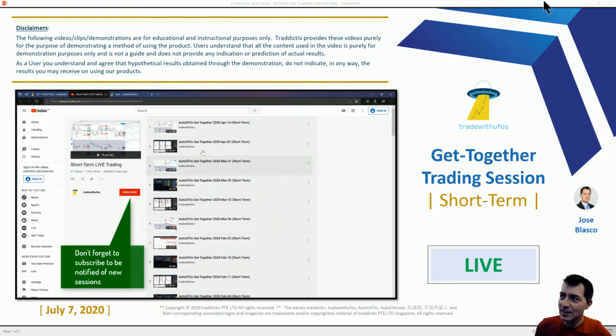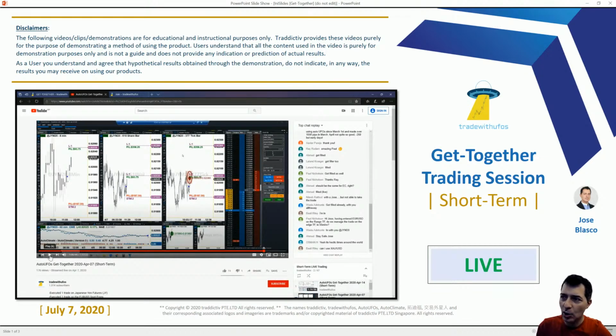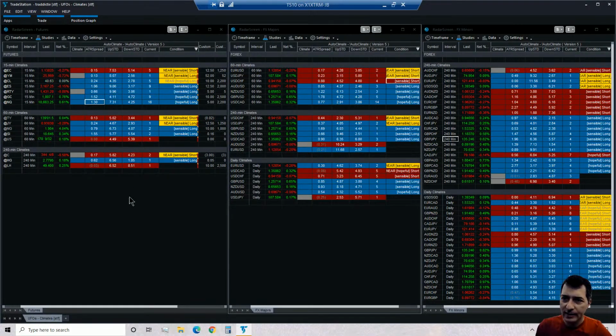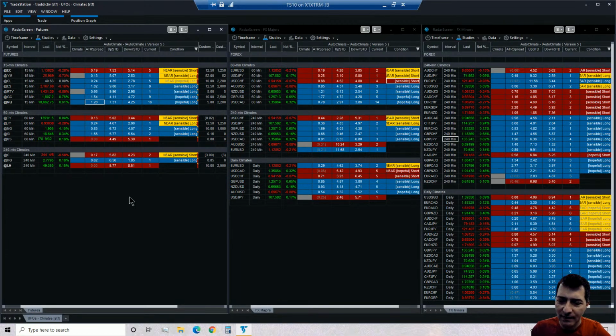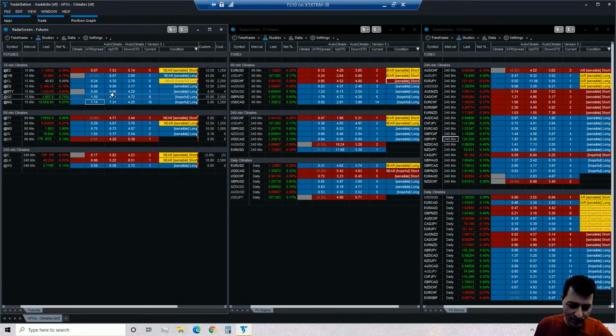That's it. The session is now officially introduced, so I'm just going to close our introduction slides and jump into TradeStation, where we have our red screen with our golden alerts flashing for us, indicating potential opportunities to be executed in the marketplace. So we're going to go through the whole analysis, the whole planning, the whole assessment. And as I said, if we have a go ahead, then we'll take the trades. If we have a no go, then we'll switch markets until we get a go ahead. Okay, it's that simple. We are mechanical. That's how trading should be.